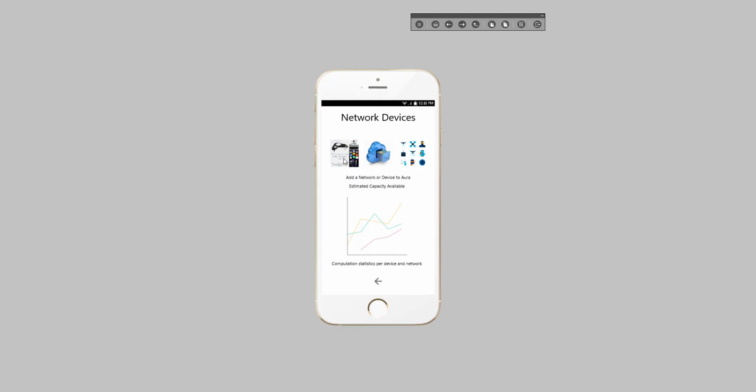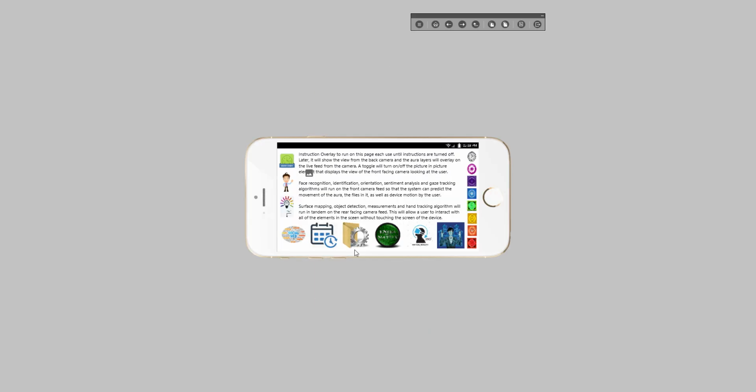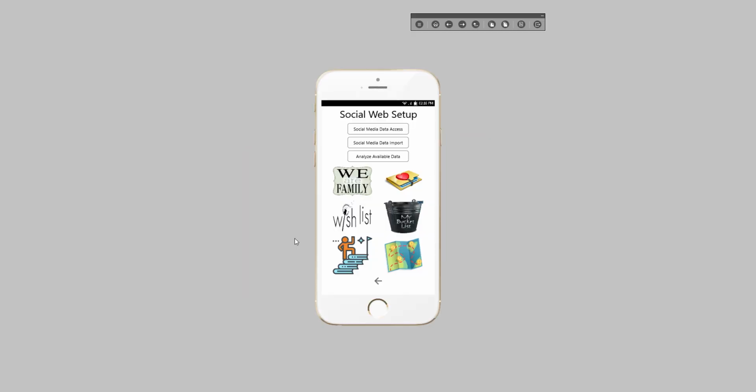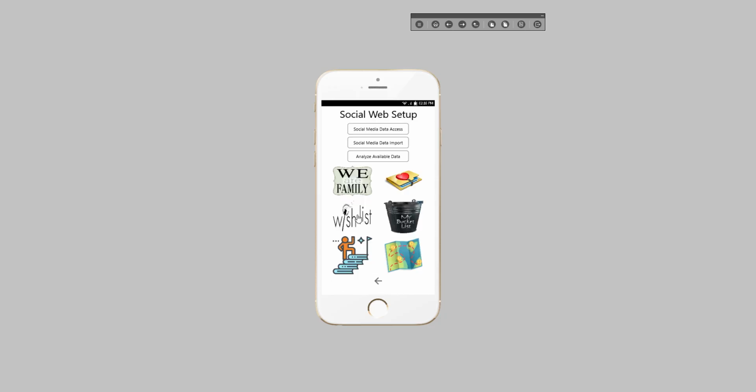And there's all these network devices now, your smart wearables, drones, your different AIs. They'll be really important. And then there's your social web, so your family stuff, your favorites, starting with your core values and virtues, and then going more and more into what you like, your wish lists.